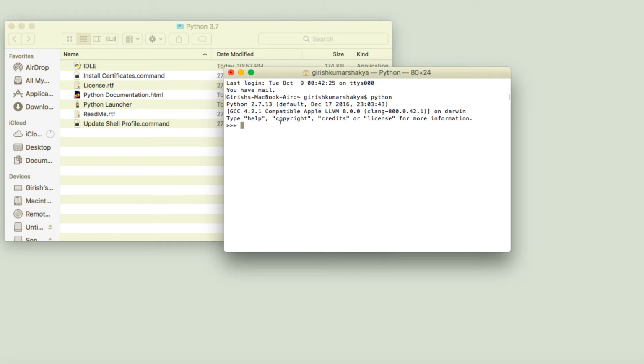What I need is the latest version, so you can perform this task to change it to the latest version. Python 2.7 is basically a legacy version that always comes pre-installed in Mac. So if you want to run the Python 3 shell, first you need to quit from here